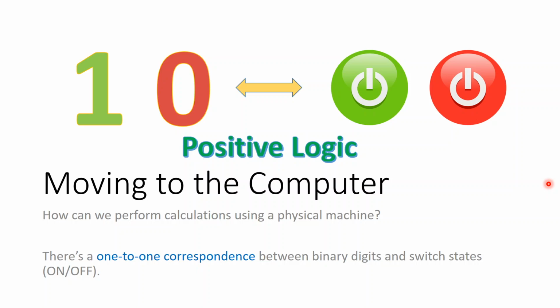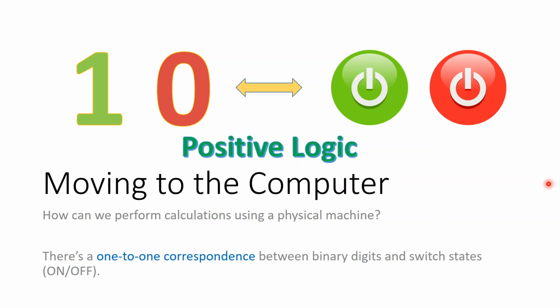What is important is that we are using switches in this physical machine. So this is important to understand. What we are basically using in these machines called computers are switches which can have two definite states called the on and the off state. So the switch can only be on or off. So those sort of switches can be used to denote the 1 and 0 of binary bits,